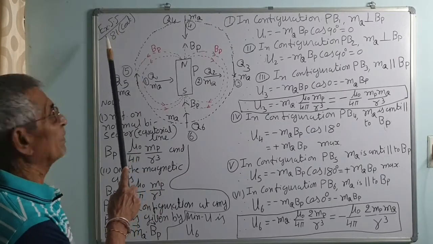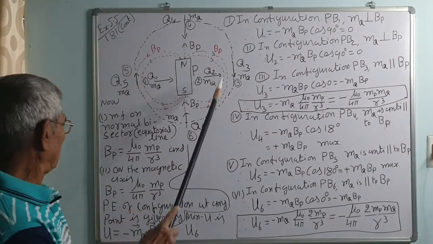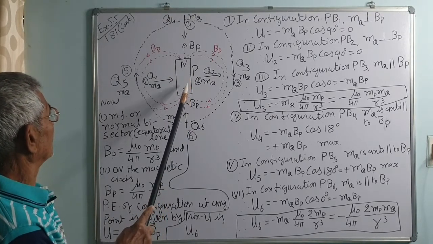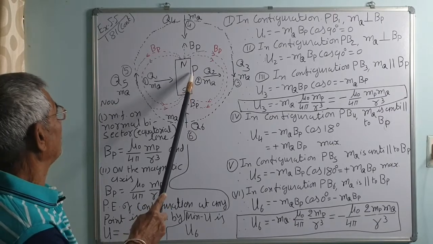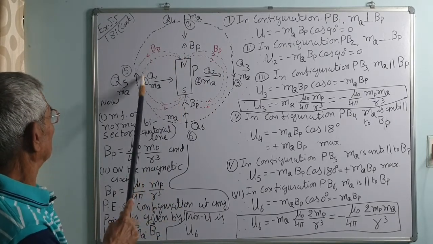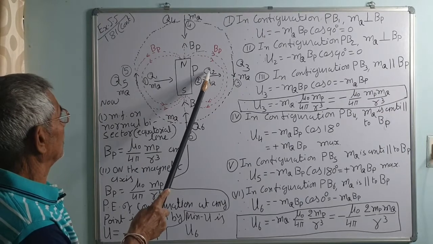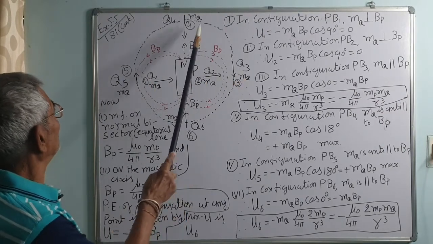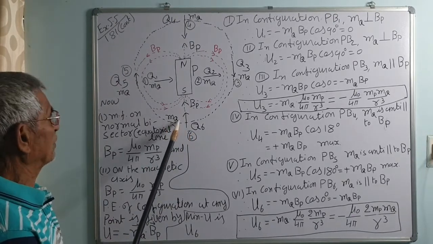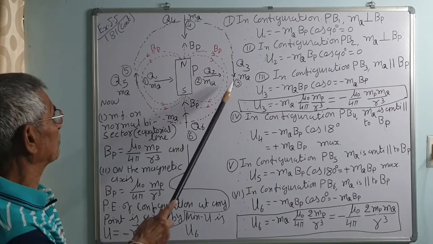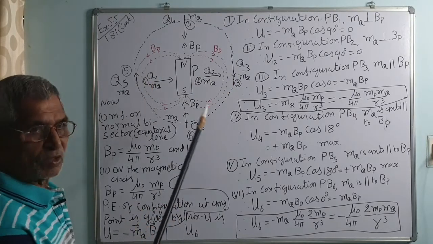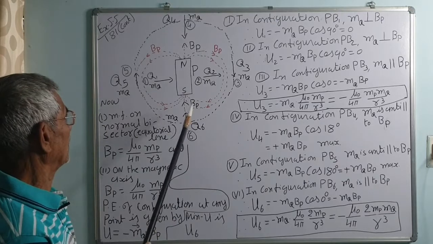Let us see question 5.5 again. Yesterday we have seen it, we will see it with a little more detail. This is the magnetic needle having the dipole moment m_P, correct. Its magnetic field is B_P, shown like this. The other magnetic needles are Q1, Q2, Q3, Q4, Q5 and Q6, having the magnetic moments m_Q. You can say m_Q6, m_Q5, m_Q4, m_Q3, m_Q2 and m_Q1 also, but it is the same, so we have put it like this.